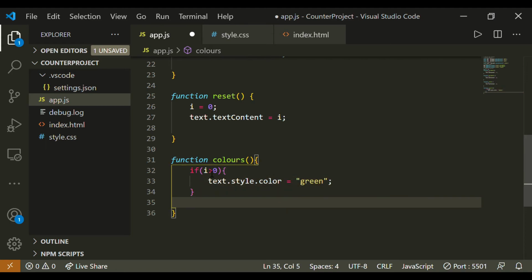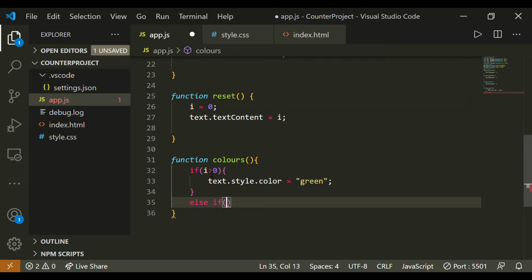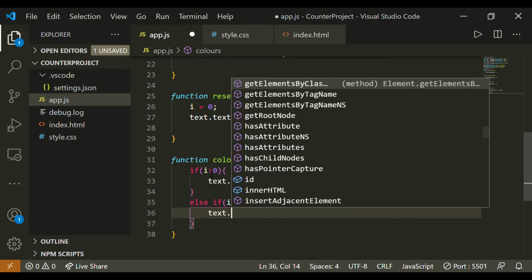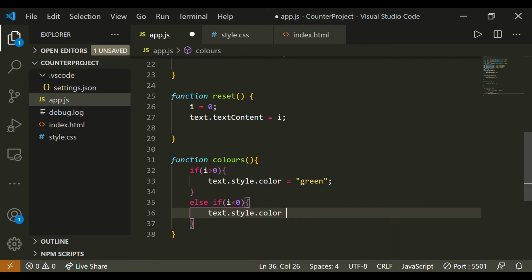Okay, and else if I is less than 0, I want text dot style dot color is equal to red.